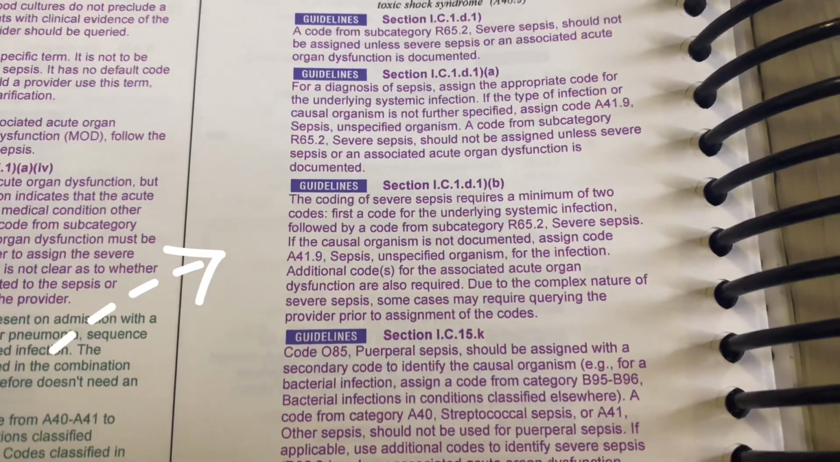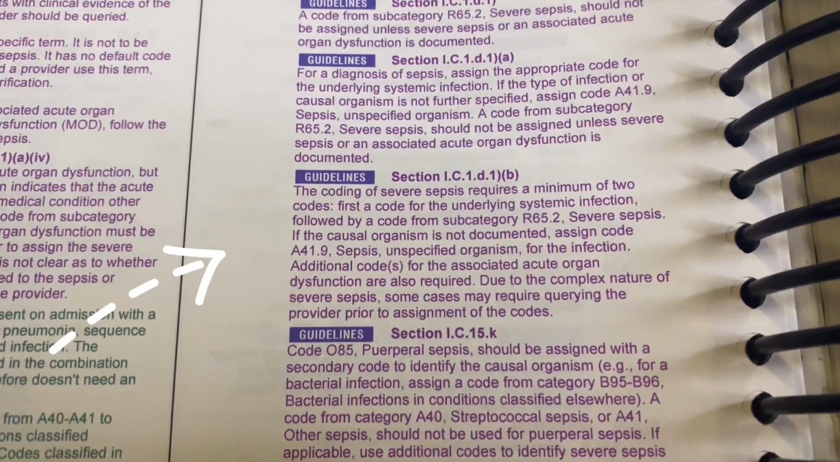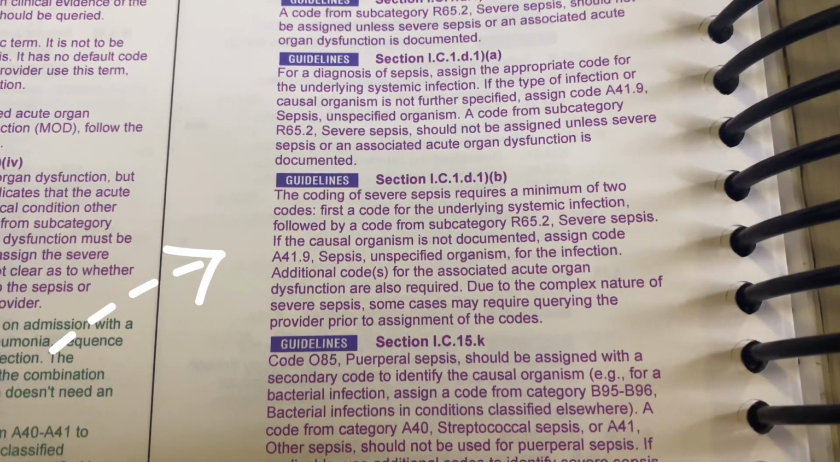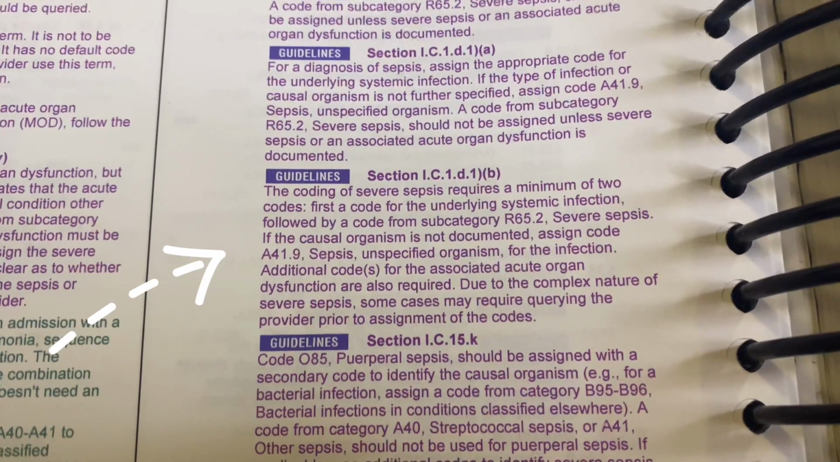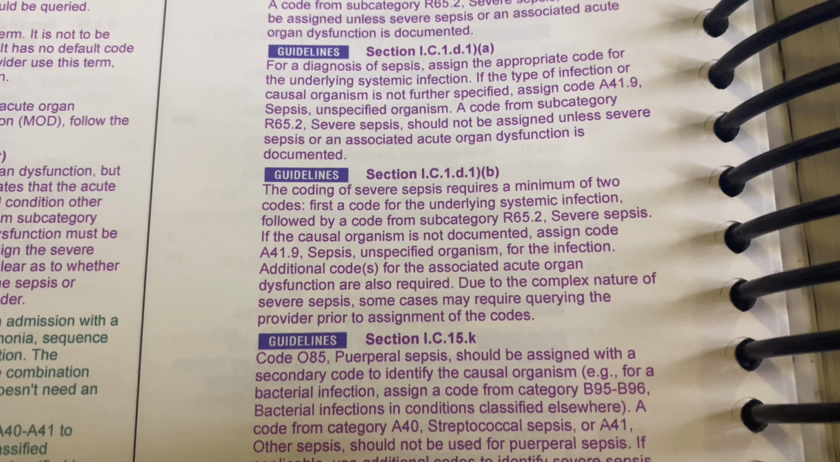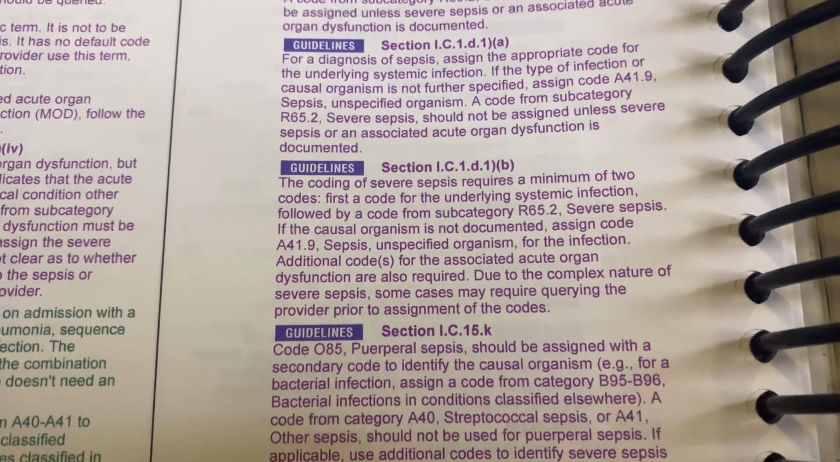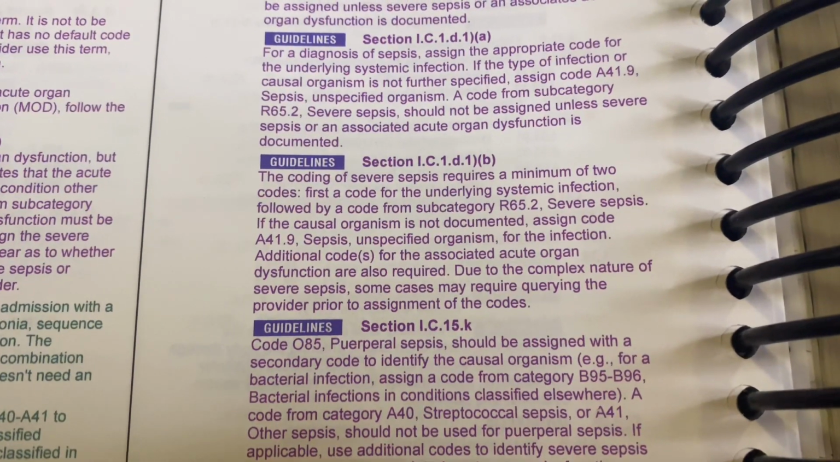And here is another guideline that tells us the coding of severe sepsis requires a minimum of 2 codes. First, a code for the underlying systemic infection, and then you want to code the R65.2 whenever there is also an organ dysfunction or organ failure. So now we need to go over to